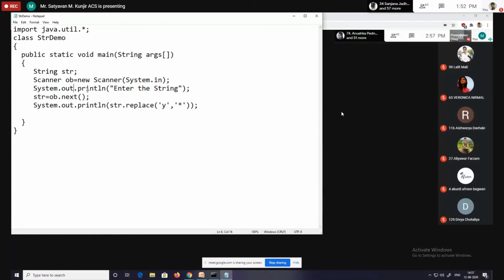Character means, suppose you display the first character, then after that you have to display the third character, then the fifth character, then the seventh character. You have to display alternate characters from a string onto the output.